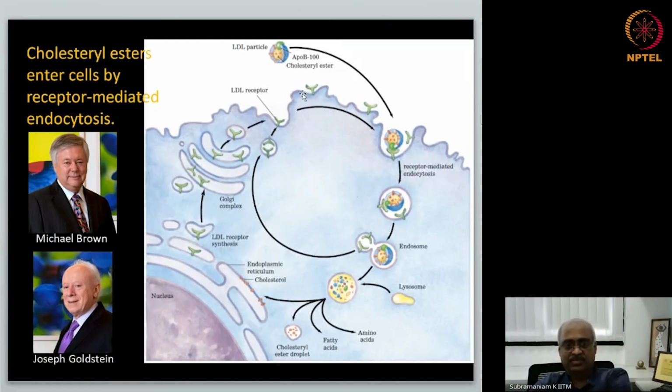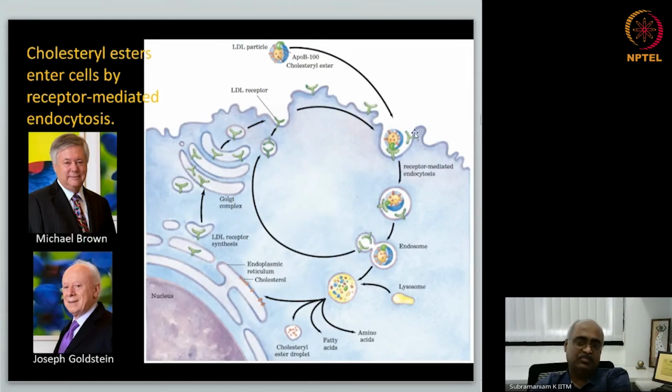So they have this receptor that is specific for this ApoB100 ligand, which is the main apoprotein of LDL. So the LDL via this ApoB100 binds to this LDL receptor, and this receptor-ligand binding leads